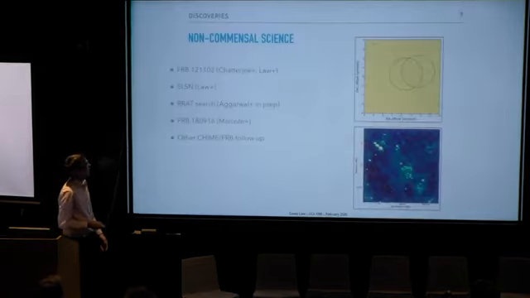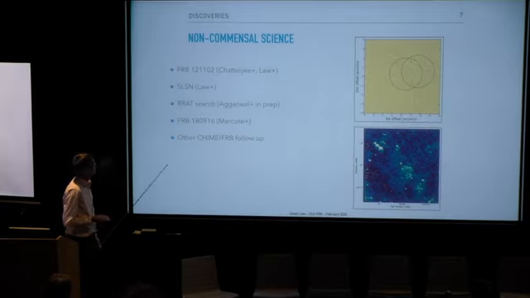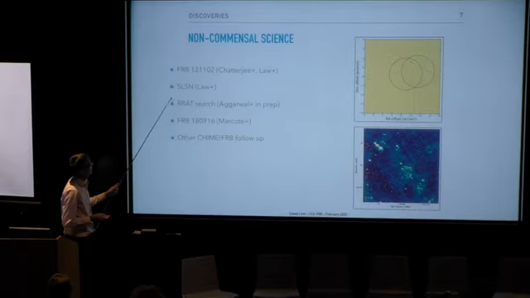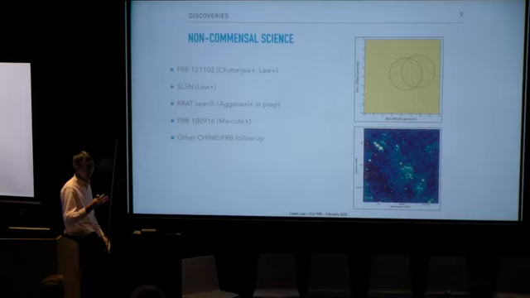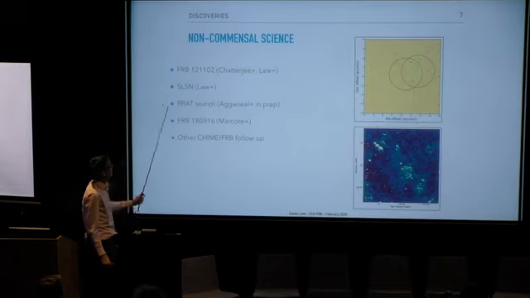So, non-commensal science. I'll go over this very briefly, but just to highlight some of the things that we're doing with this system that is not explicitly commensal transient search. Actually, I'm pretty happy about this one. This is a study of, again, looking at a different class of radio transient, superluminous supernovae, and hoping that we can find both persistent emission from the late time emission of the supernova or potentially an FRB, right? So it might be that these exotic supernovae are actually generating sources of FRBs. And in this case, we didn't find anything, but nonetheless, the persistent imaging